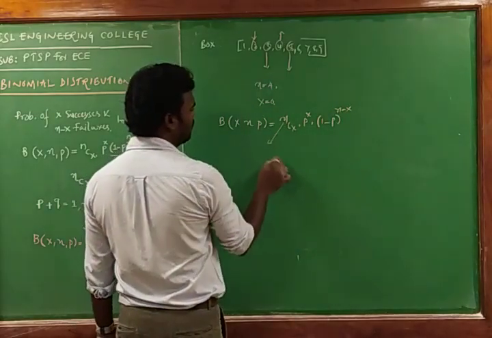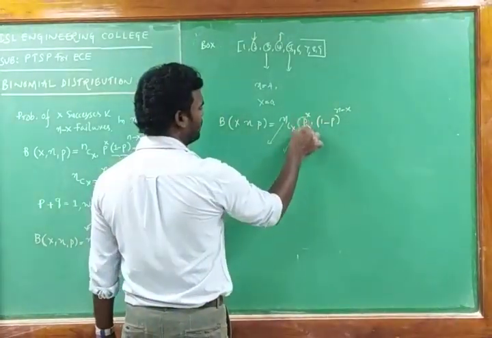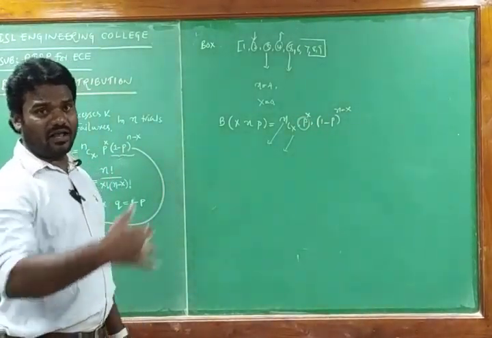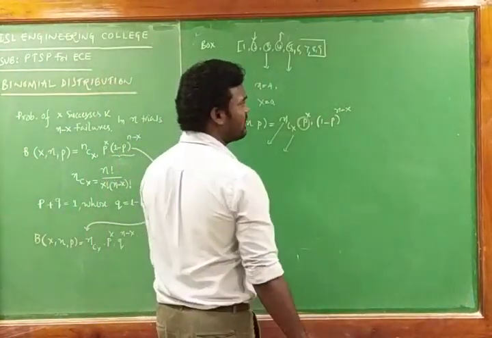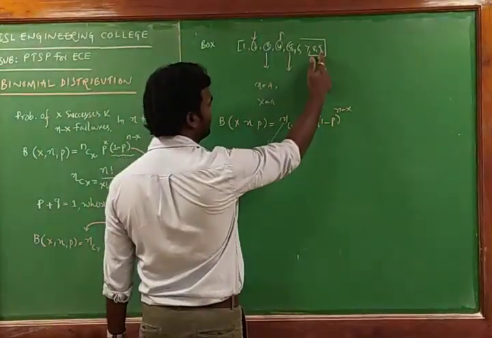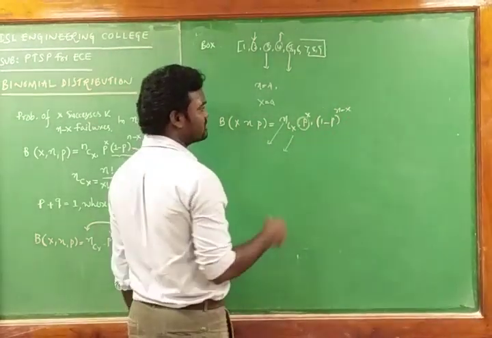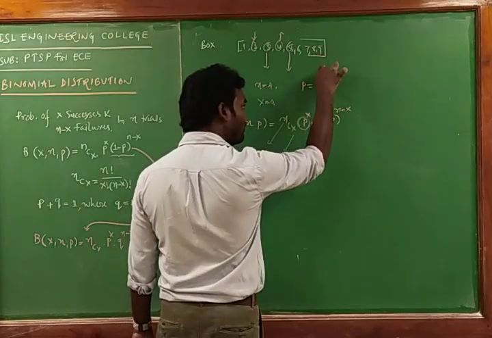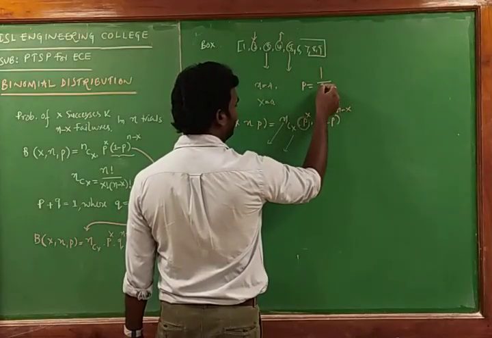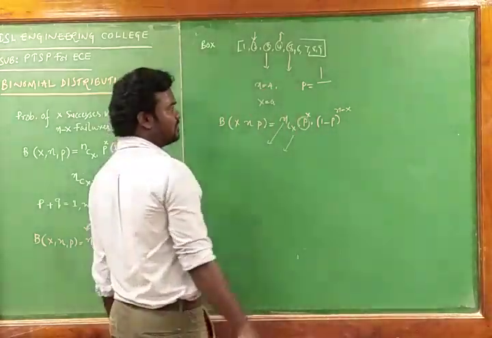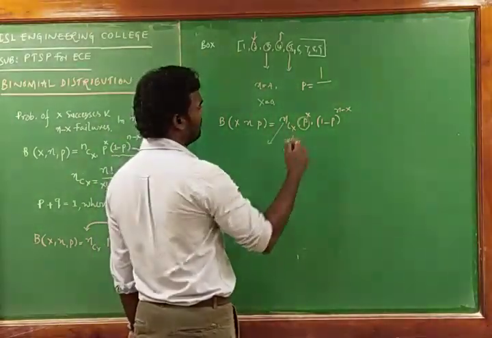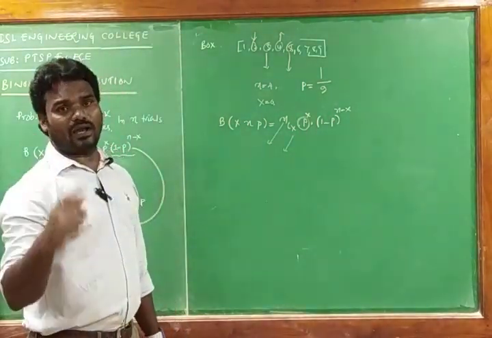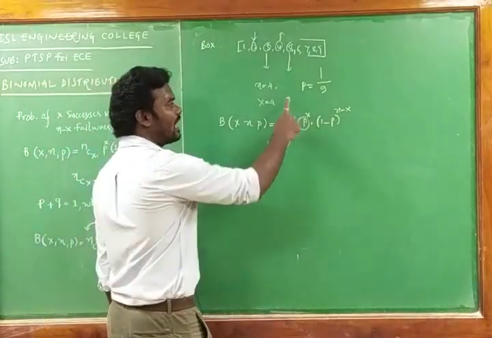And here n is equal to 4, x is equal to 0, and we are required to get the probability of success, that means getting the 1. If you remove the 4 cards from that, how many cards are there? 9 cards, and getting the 1 can happen only one time. If you pick the card 4 times, even then getting the 1 is 1 by 9. Total number of cards is 9, and getting the 1 is only one time.